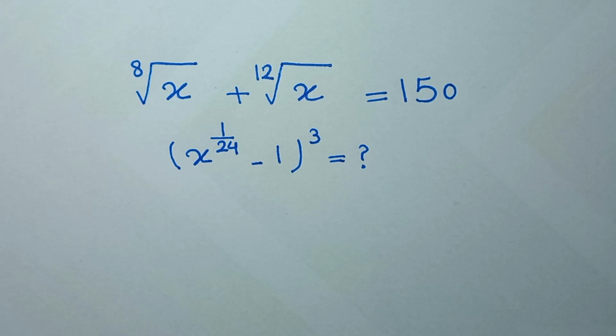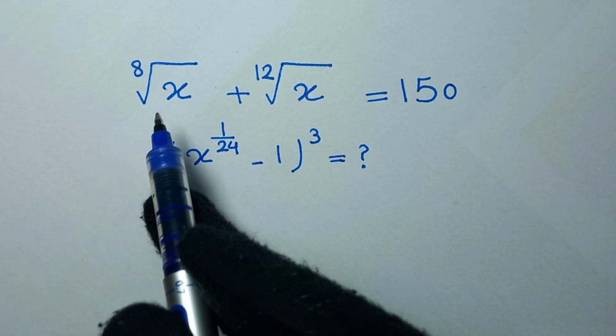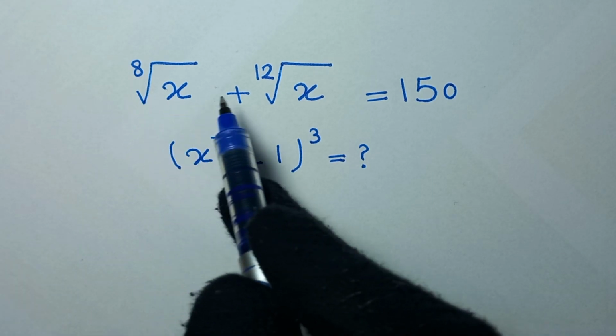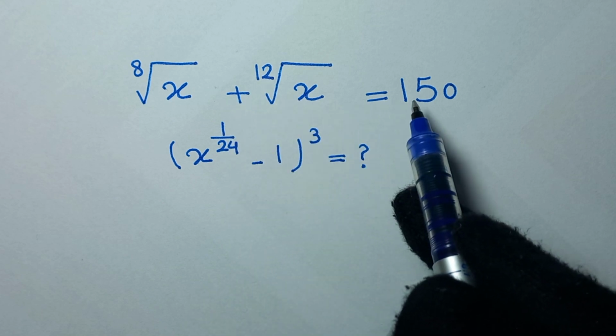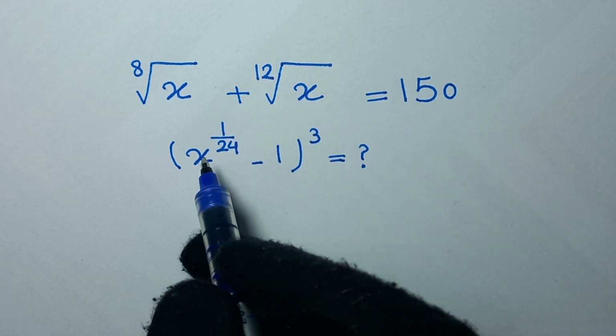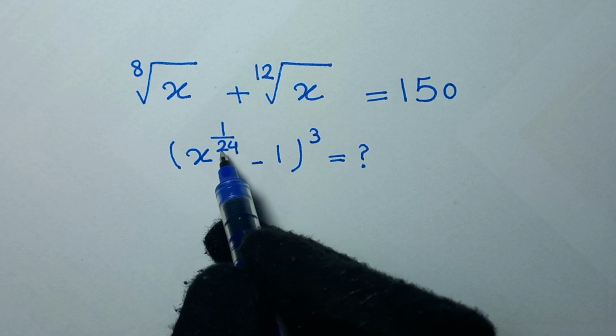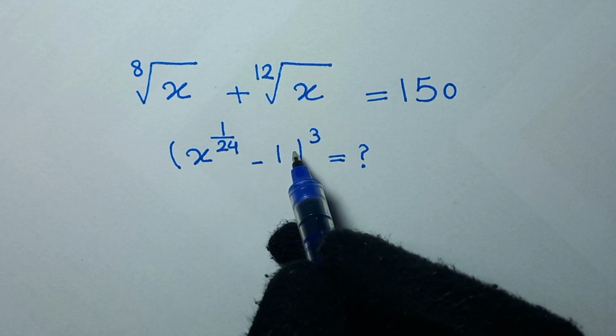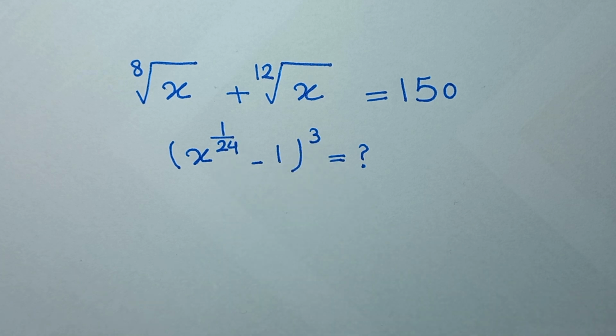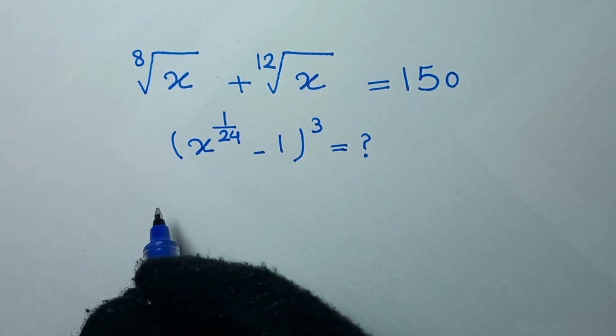Hello my friends, you're welcome to solve this math problem: the 8th root of x plus the 12th root of x is equal to 150. Find the value of x to the power of 1/24 minus 1, to the power of 3. In the first step, we start by